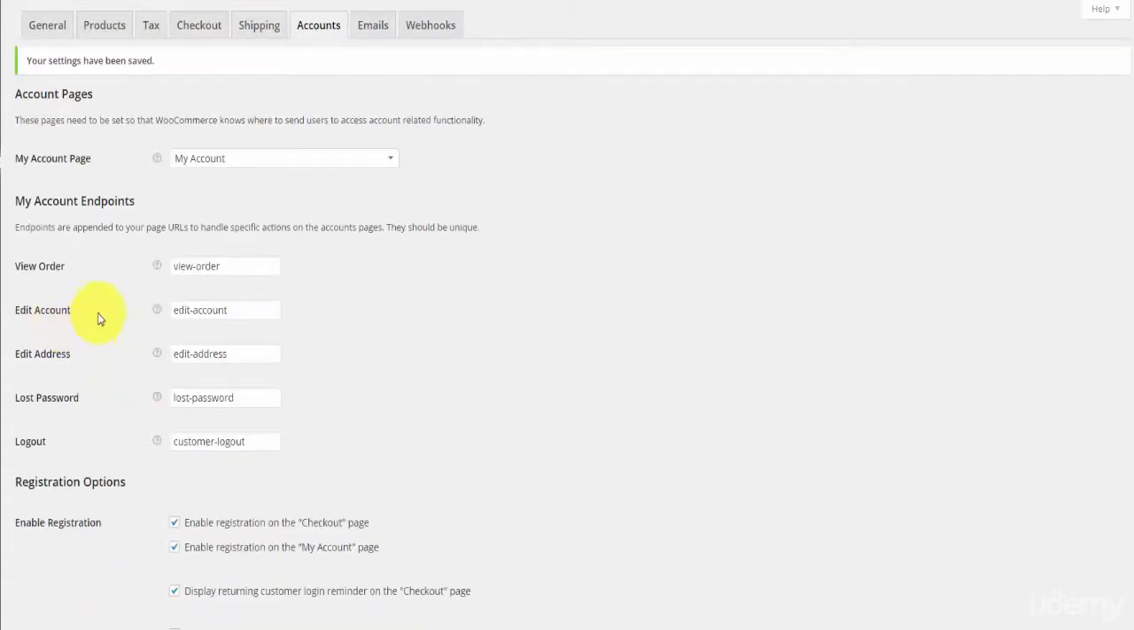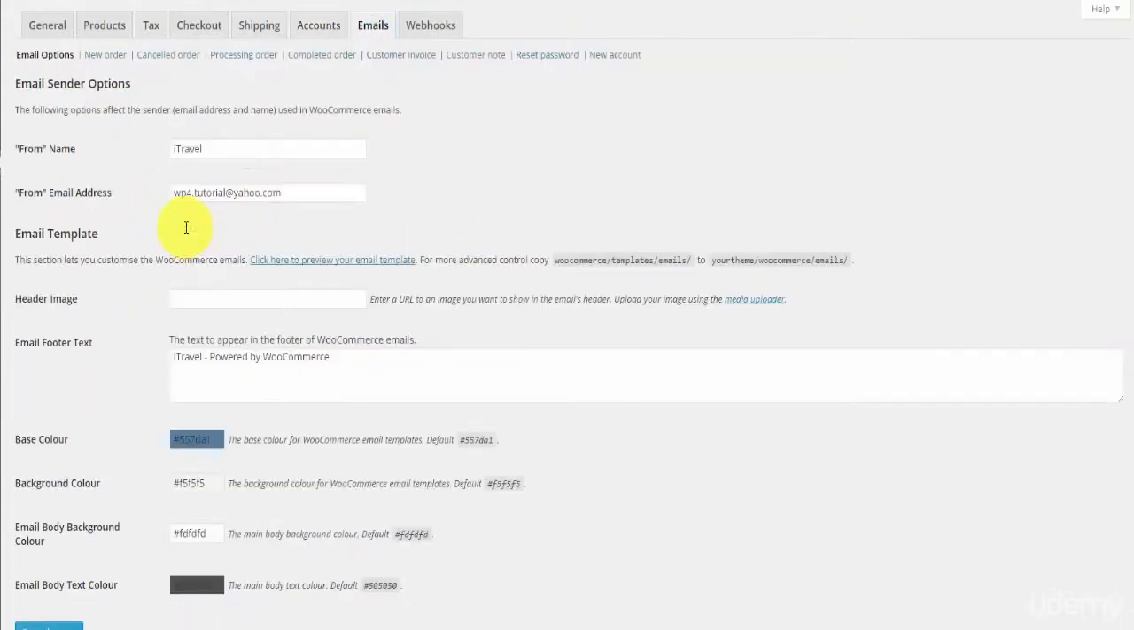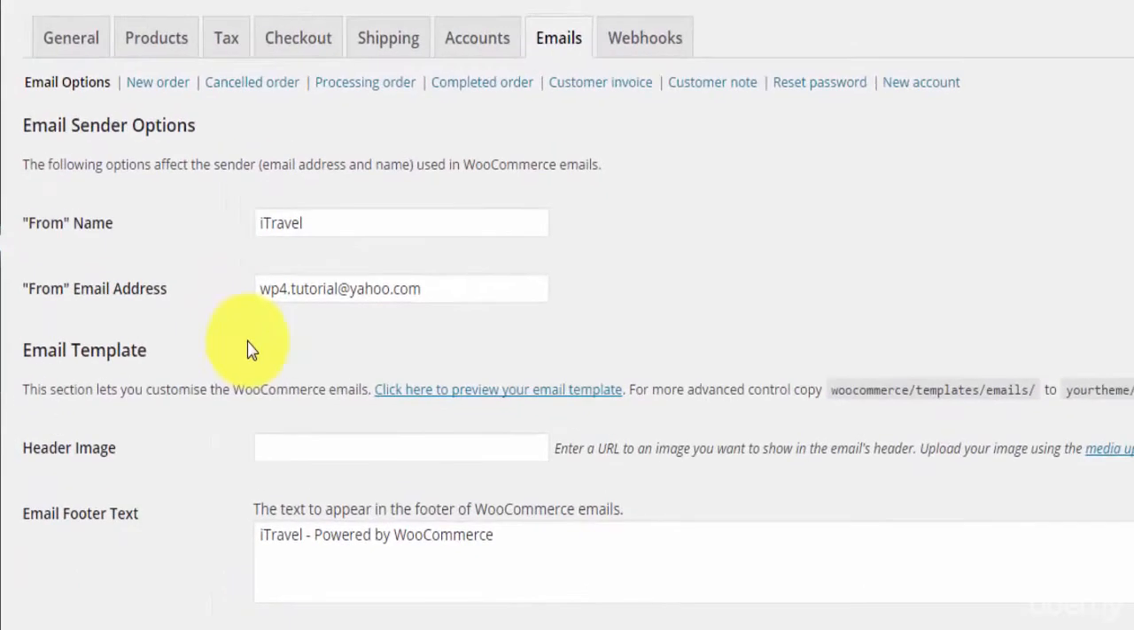And basically this is all to do with the accounts. Moving to the email tab, you'll find a lot of options here regarding the emails that you send to your customers. Right at the top we have a new order. So basically when a customer orders something, there is a particular email format that you can use here to send